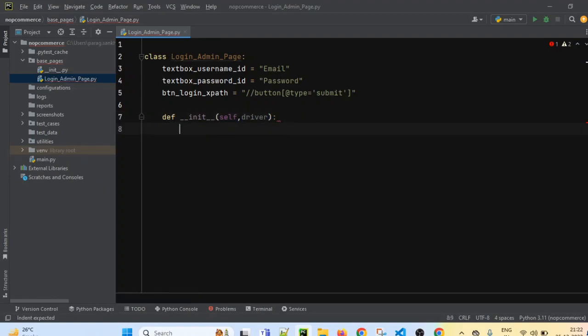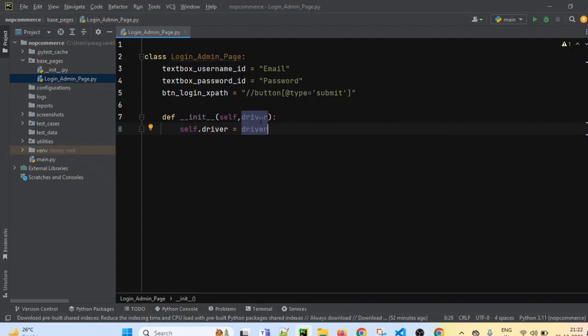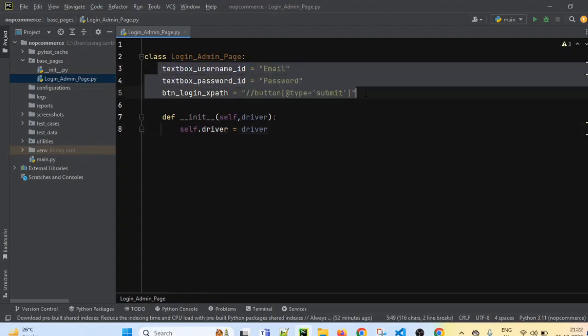class, and then we will make it as global. For example, self.driver equals driver. So here we are using it. The driver instance which we have passed here, we are using it as self.driver. After using self.driver, we can use it to access all the class variables and class methods.